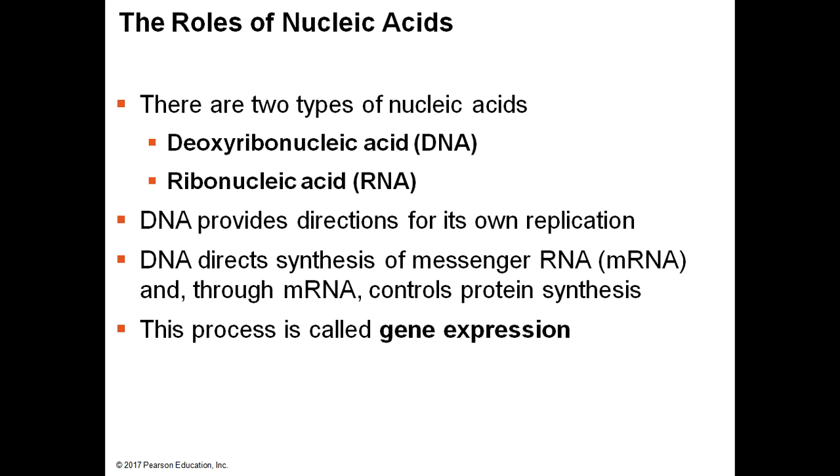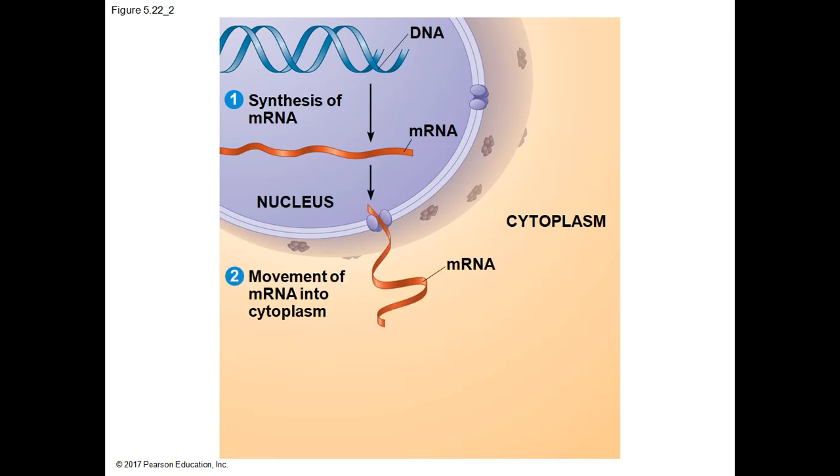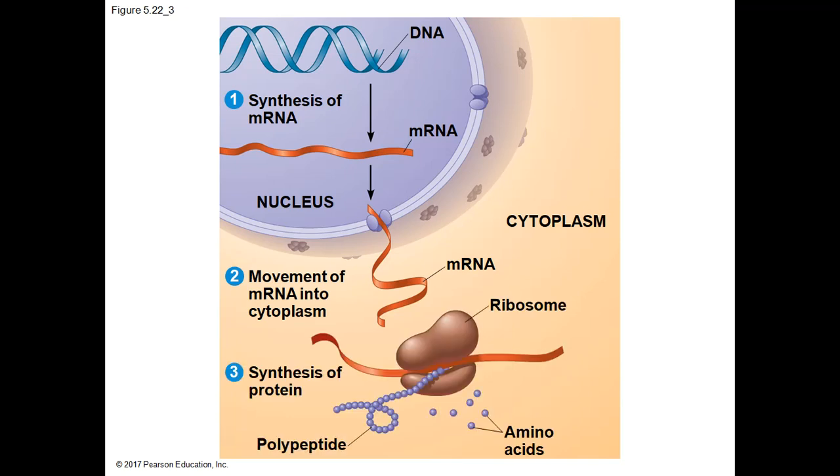DNA provides direction for its own replication. It directs synthesis of messenger RNA and, through messenger RNA, controls protein synthesis. This process is called gene expression. So here it's showing the messenger RNA strand in the nucleus as the messenger RNA travels through the nuclear pore into the cytoplasm, and then as it travels through the cytoplasm to a ribosome, either on the endoplasmic reticulum or a free-floating ribosome, in order to be read and